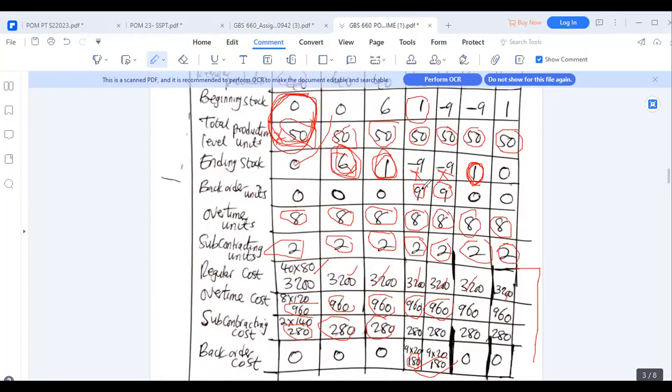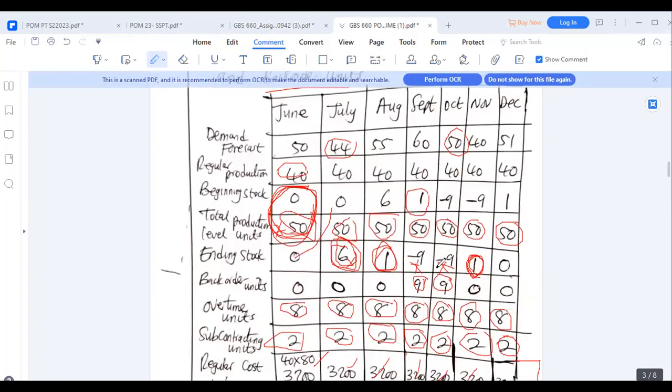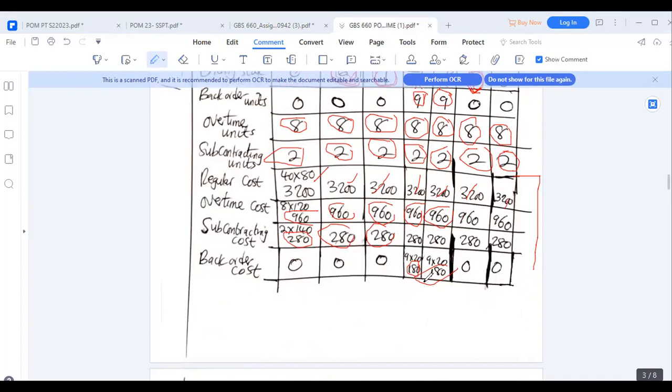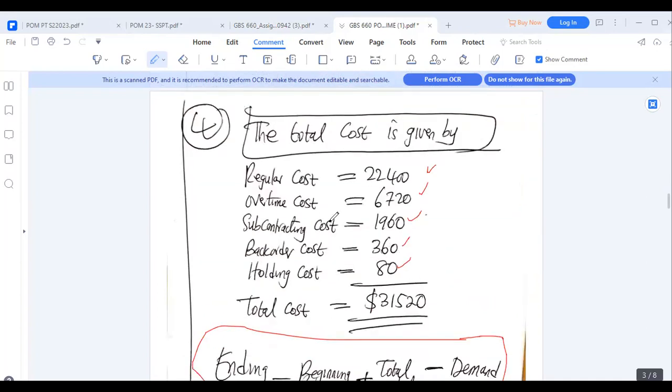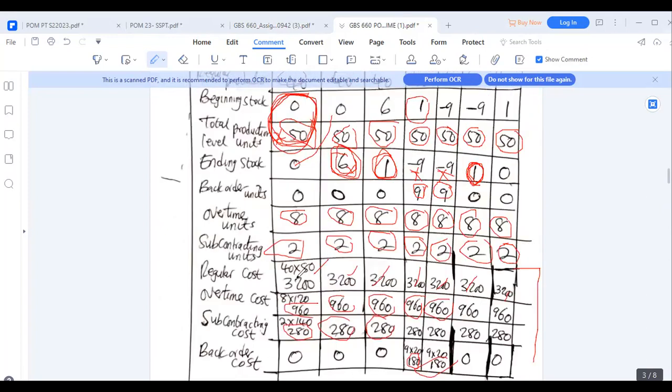Then we had only negatives here. We tried our best; we could have allowed regular production, overtime and subcontracting, but we still could not meet our demand in September and October because of the negative values here, meaning that those were stock out units, the backlogs, and we could have multiplied those by the backlog cost per unit. So this is the reason why we have the regular cost of 22,400 coming from this one,